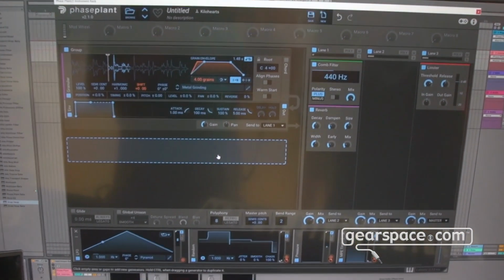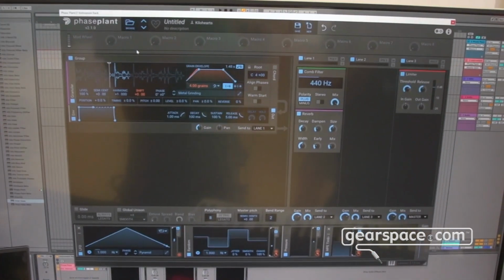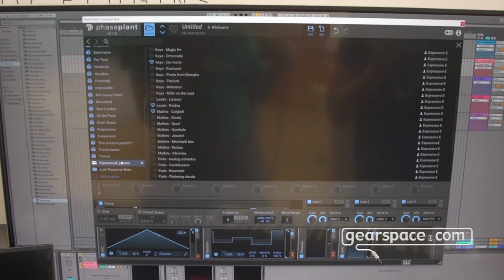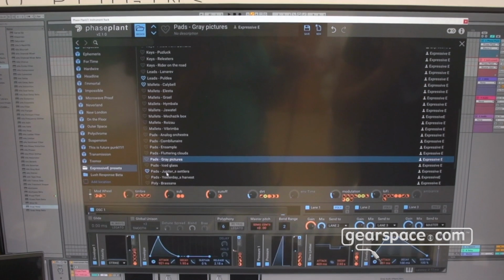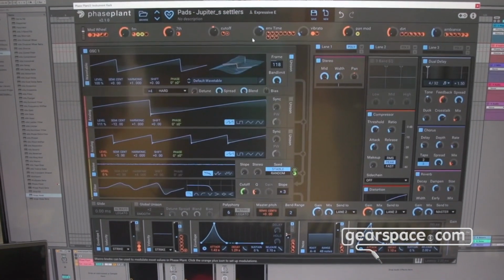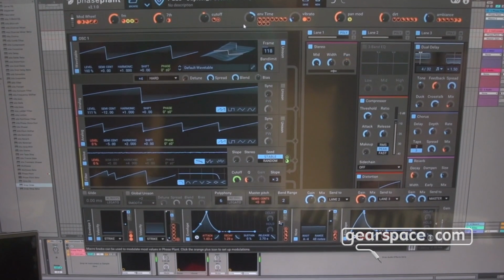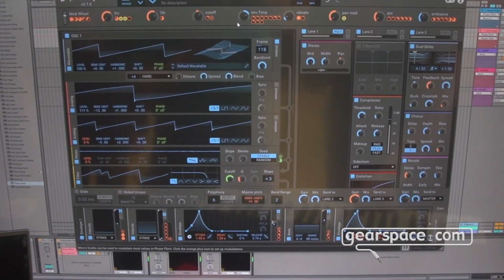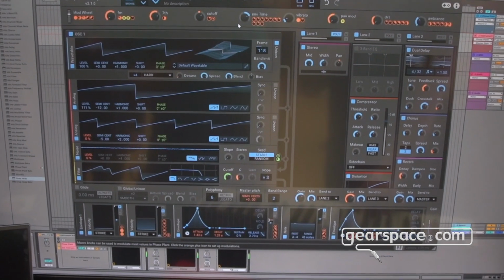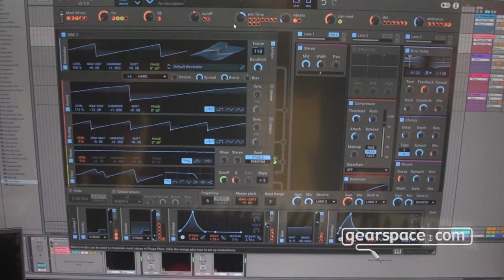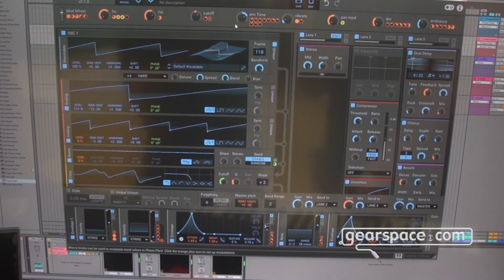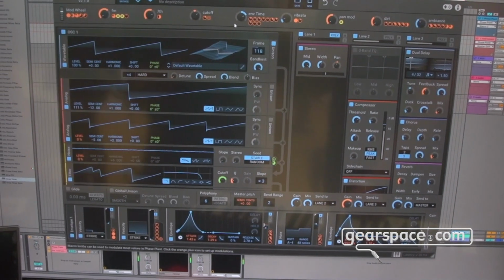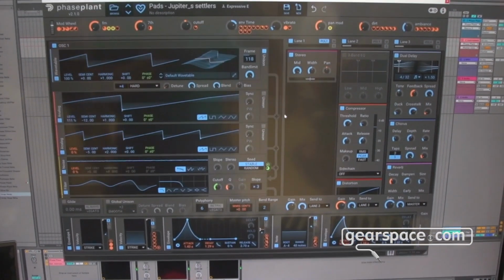I don't know how this sounds because again I can't really hear what I'm playing, but yeah. Let me load up an example from Expressive E themselves. Let's see here. So yeah, this is a great example of not only an MPE compatible preset that is really interesting to play,